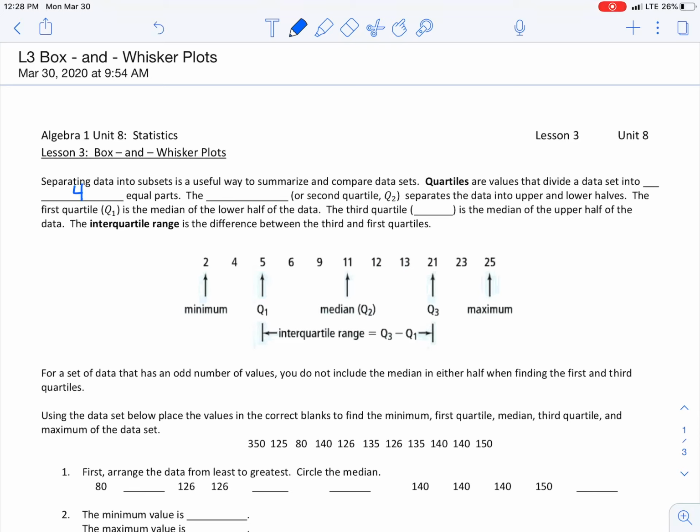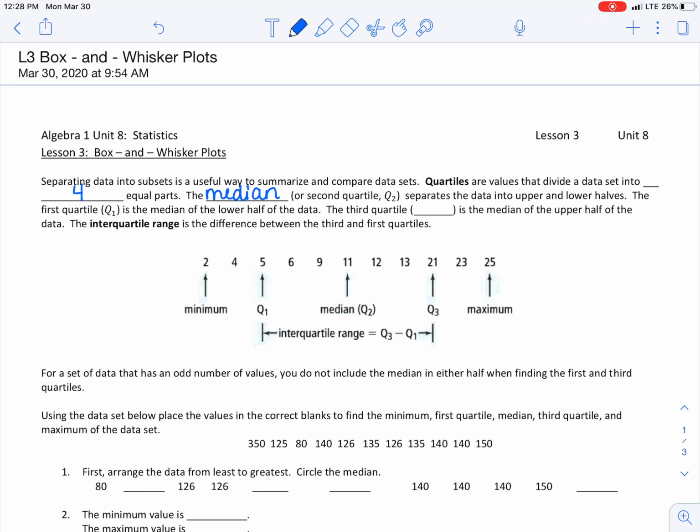Okay, the median is also known as quartile 2 or the second quartile. And that separates data into upper and lower halves. So basically your median is your middle, and then you have an upper half and you have a lower half